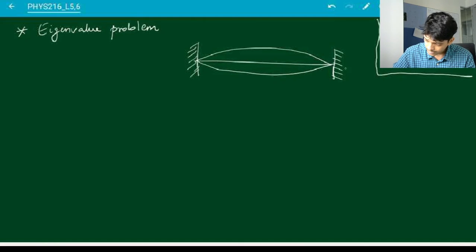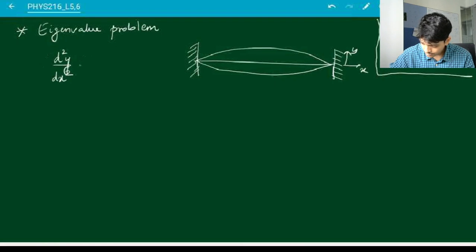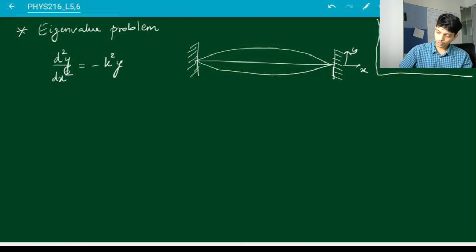So let's call this direction x, this direction y, and the differential equation for this, which is called the wave equation, is given like this: d2y by dx square is minus k square y. And now what can you say about the extra conditions that you need? Let's say this is x equal to 0 and this is x equal to L. Then the conditions are that